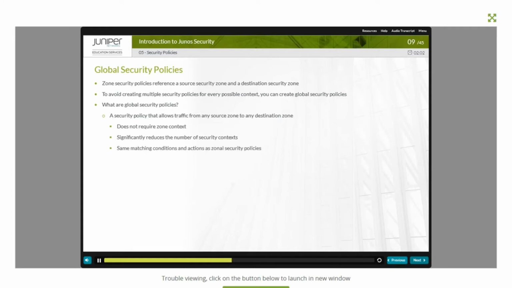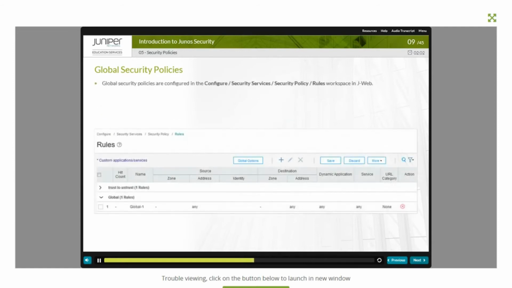Global security policies must still reference source addresses, destination addresses, and applications as match conditions, just like a zone security policy. Global security policies are configured in the Configure, Security Services, Security Policy, Rules workspace in J-Web. Addresses for global policies must be defined in the Global Address Book in the Configure, Security Services, Security Policy, Objects, Global Addresses workspace in J-Web. You can use both zone security policies and global security policies at the same time within